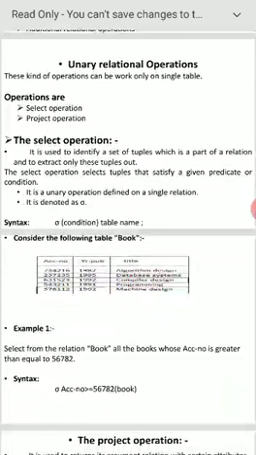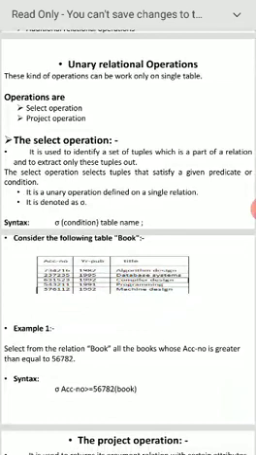In arithmetic, it is called operators. Here, it is called operation. Generally, we can say unary operators, binary operators, and other operators.